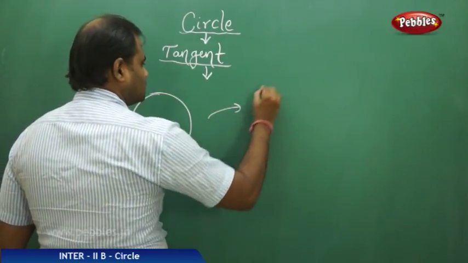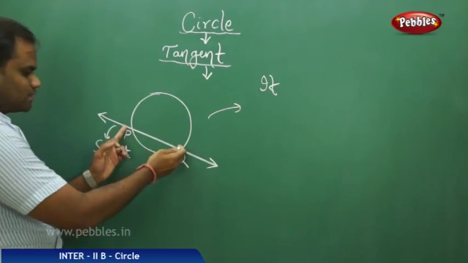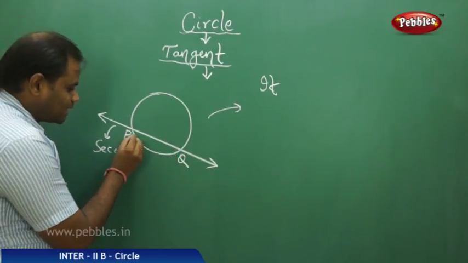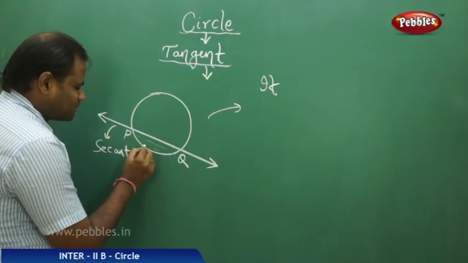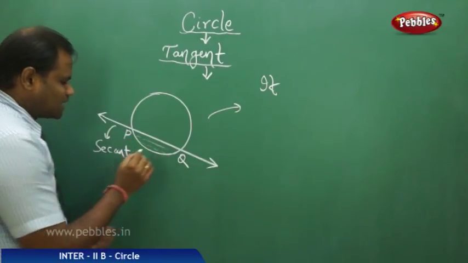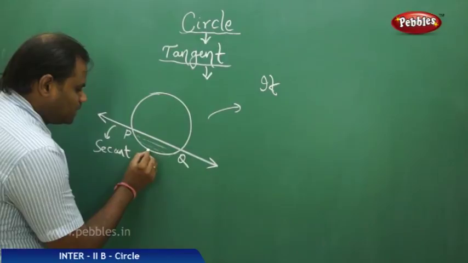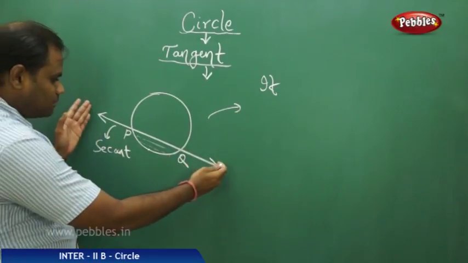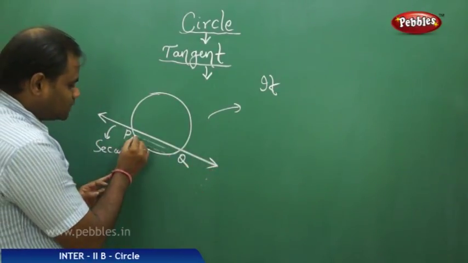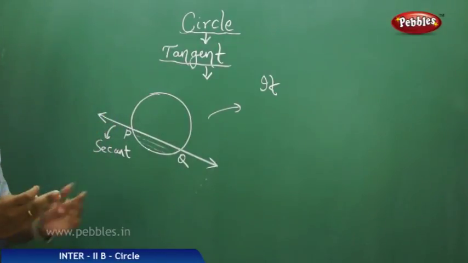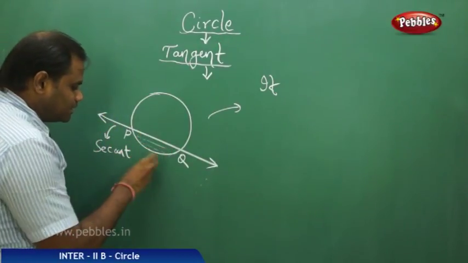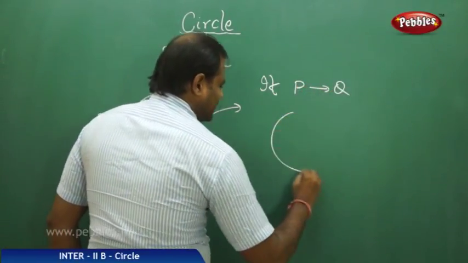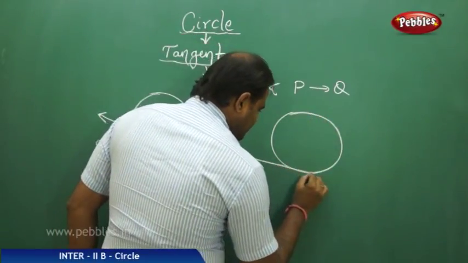Now as I go towards the circumference of the circle, that means as I go towards down, I clearly see that the lengths decrease. The distance between P and Q starts reducing until both P and Q unite to become one unique point. That means as this line moves downwards, the length of the chord reduces, and ultimately if P tends to Q, I get a circle with a line touching the circle